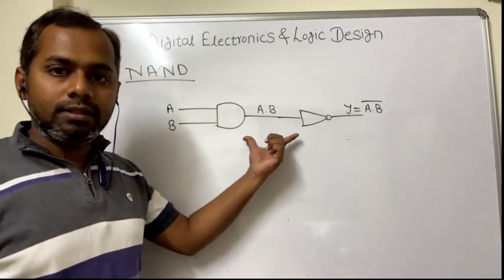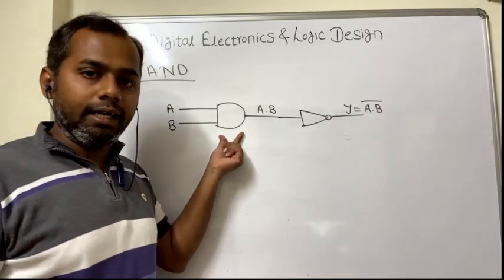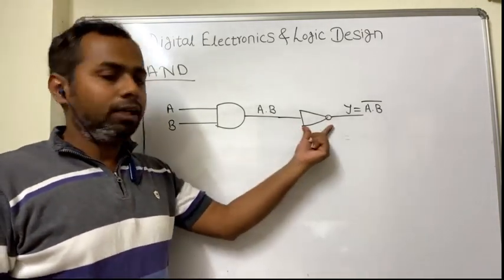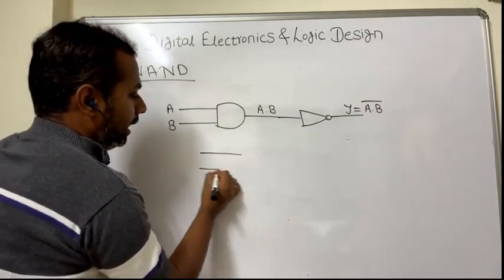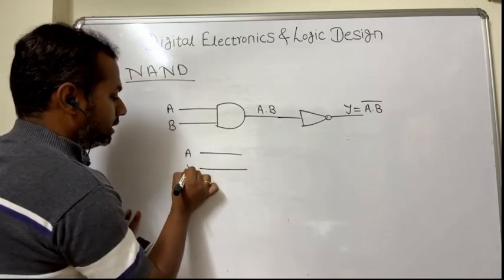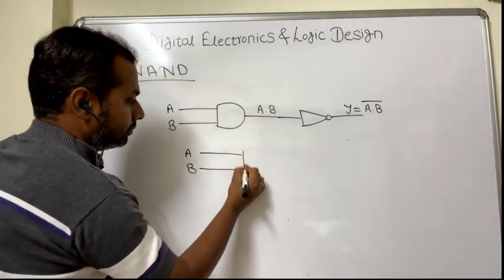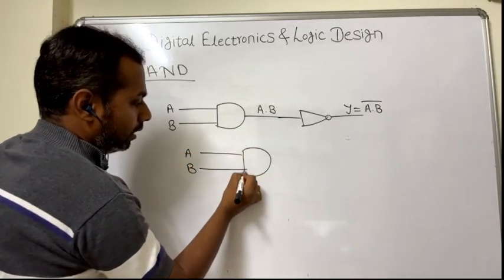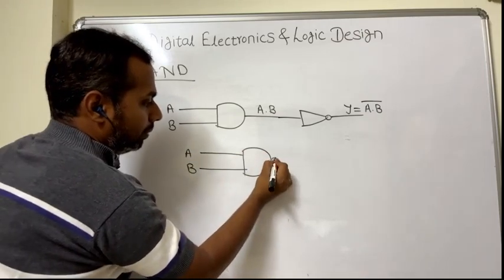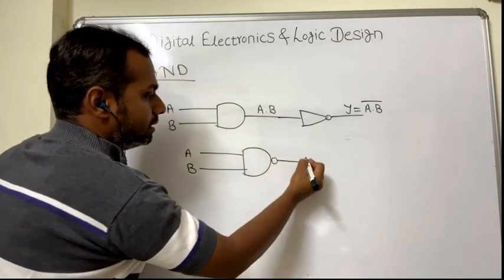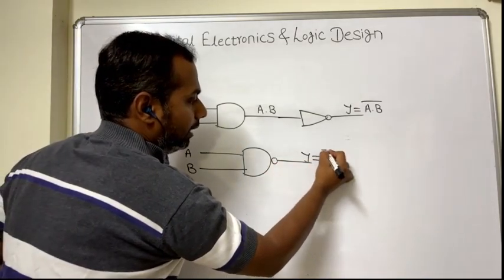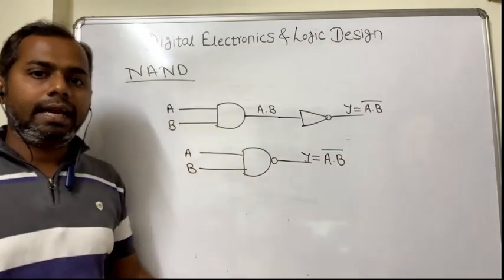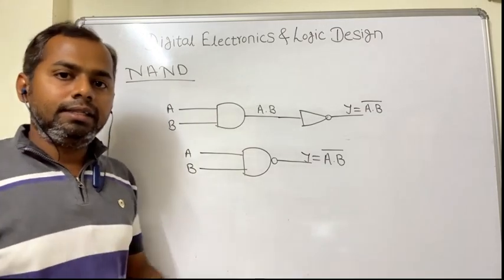So here in this NAND gate we have used one AND gate with two inputs and one NOT gate. The final logical symbol of NAND gate for two input is like this, and with one bubble, and this represents the NAND operation, A dot B complement. This is a NAND gate symbol. Again, its truth table